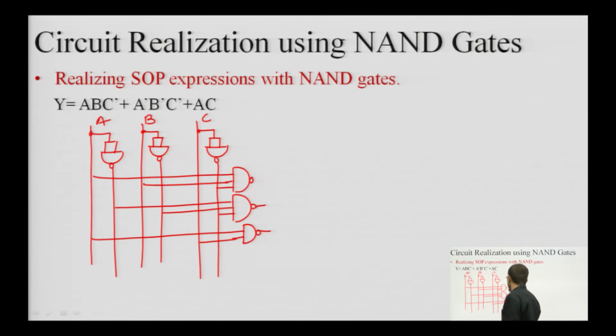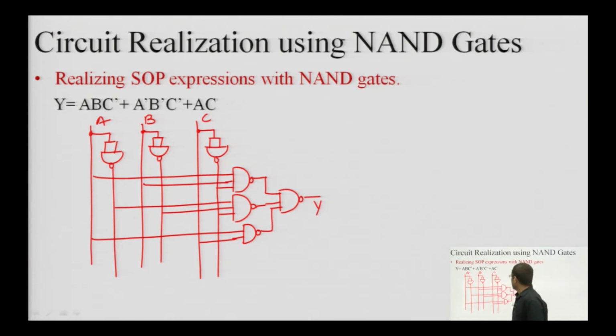So, all 3 products are ready and now they have to be added, but instead of using an OR gate for addition, I am again using a NAND gate, because I have already proven that AND OR structures are similar to NAND structure. That means, in place of AND OR, we can replace them by NAND. So, this is the NAND realization of this expression. It is very much clear to me that an SOP expression can be easily realized using NAND structures.